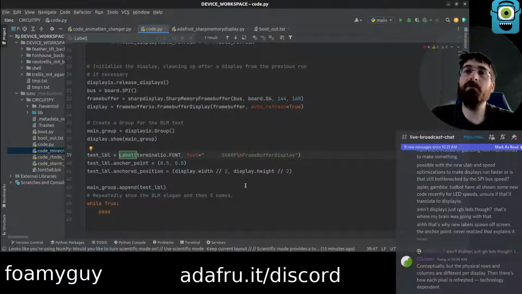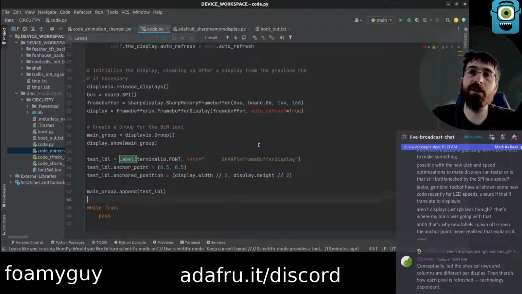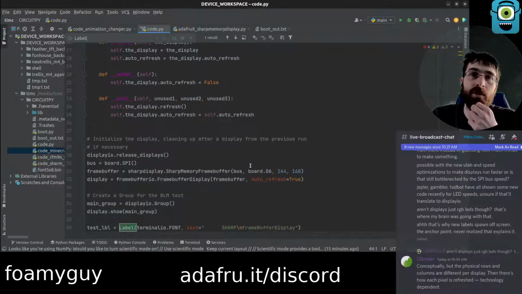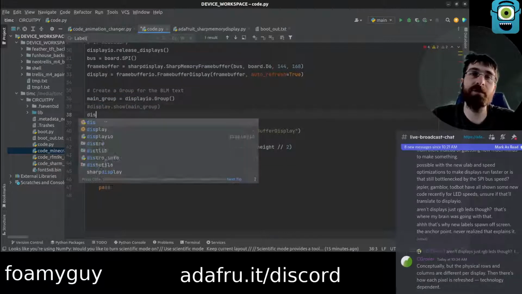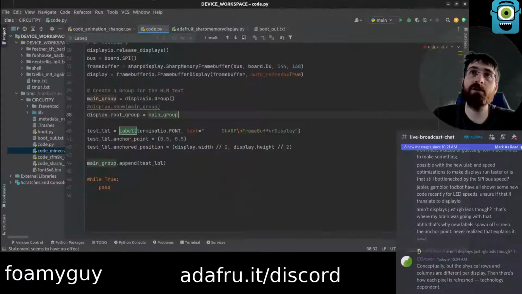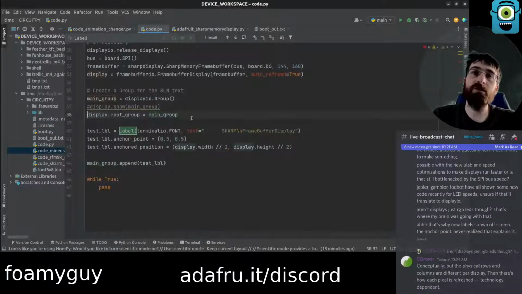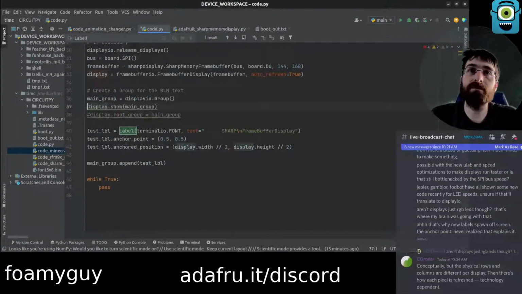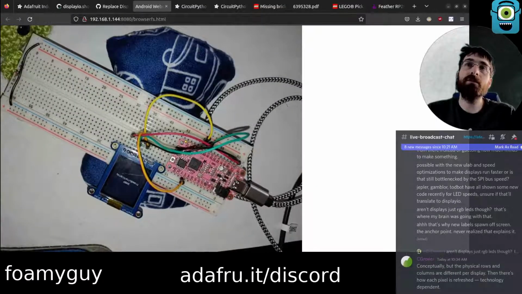Okay, so now we have an actual baseline test, right? We have a way to test this after we make our change in the core. We'll have a frame buffer display. We'll be able to call root group equals main group instead of this. Be able to call that, which should crash right now, I assume, right? It has no root group, so we'll be able to do that, make sure it works, try it out. Put it back to this for now, and then we'll get into the core.